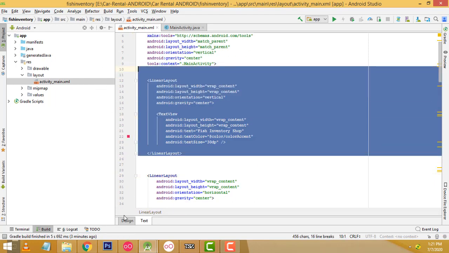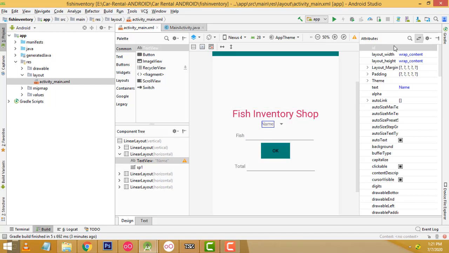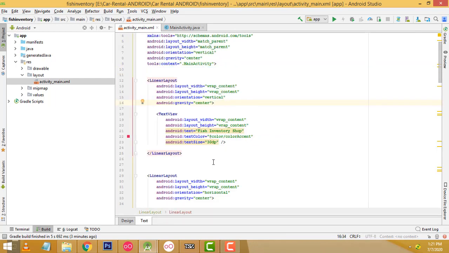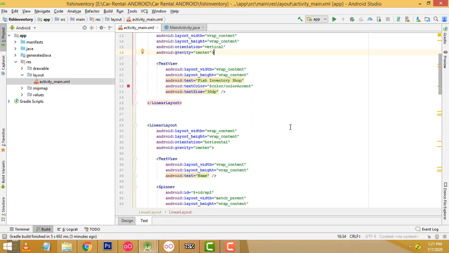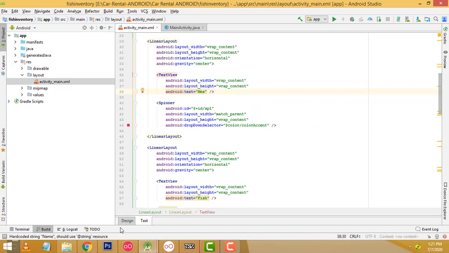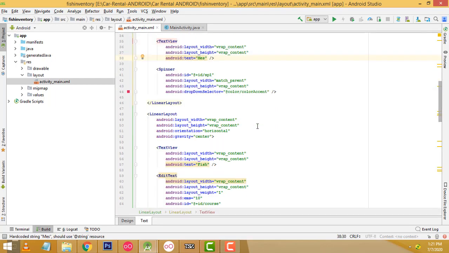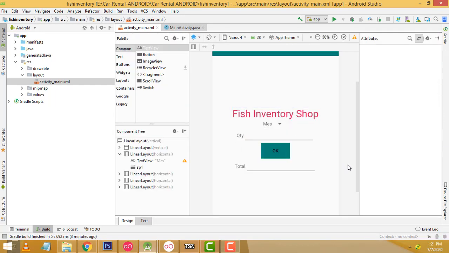After done the heading, this one should be the quantity. This is the fish text. We have to change this one as a measurement, right? So we have to select this one and change it. Not name, measurement. This is a measurement, right? Okay. Now the second one should be the quantity, not fish. It's a text quantity. You have to change the text, right? This is the thing we have to do.